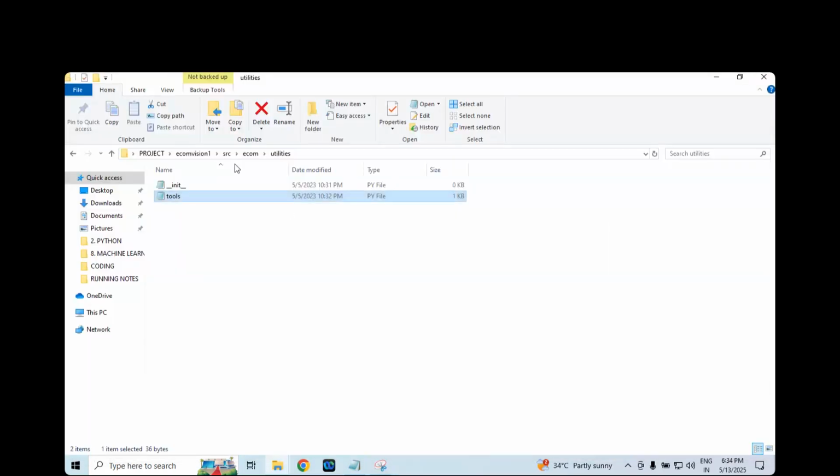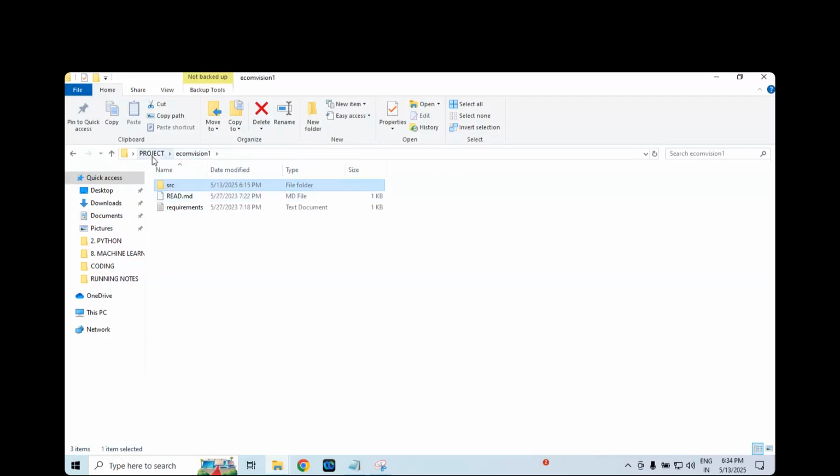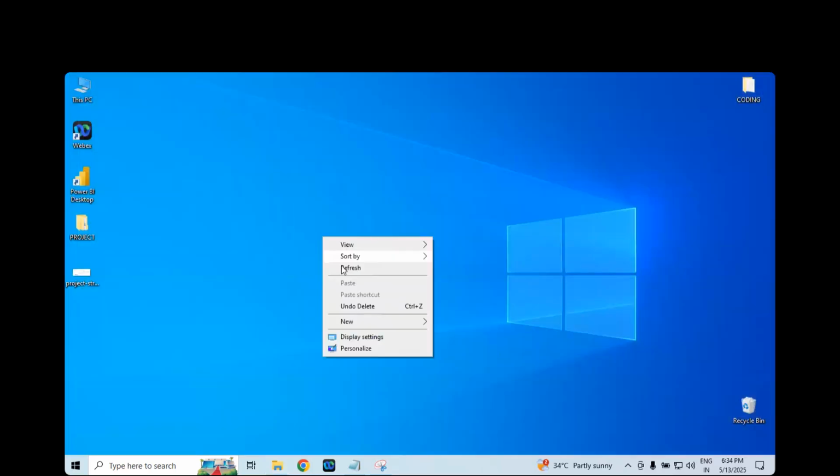Good. Now, Daniel, ECOMVISION 1 is a kind of dummy project to understand the structure, to understand the actual code contained in ECOMVISION 2. But when I'm explaining ECOMVISION 2, you should not feel burdened. What is utilities? What is tools? What is a special module? You should feel, yes, I already know this terminology. That's what I wanted, to make you comfortable. Good. We are done with ECOMVISION 1.